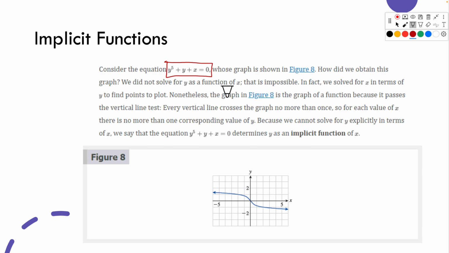But other tools would allow us to graph this, and the textbook has given us a picture of what it would look like, and we see, oh yeah, it's a function, it's going sideways. So that's what it would look like. And so how do we take its derivative? I don't have a lot of room here, but I'm going to do my best to give it a try. So we'll start with this, and then